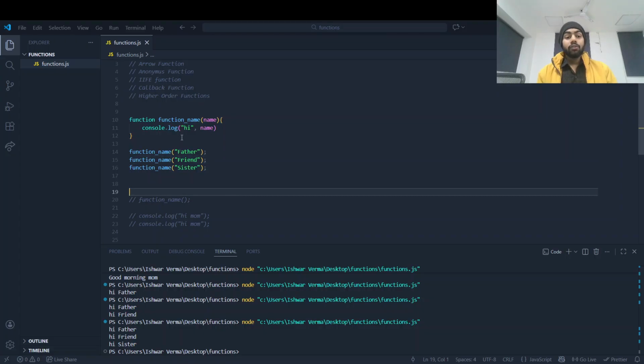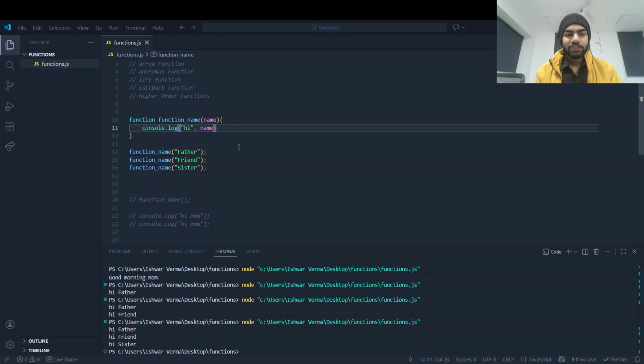A function is a reusable piece of code, and we can write clear code with its help. This is our normal function with parameters, and here we pass the actual value of the name defined in the parameters.